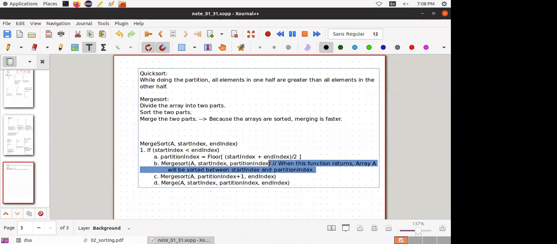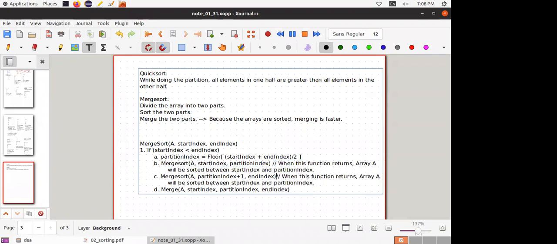Is this clear? Is this making sense? Similarly, when this function returns, array A will be sorted between